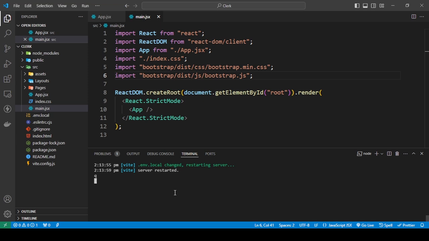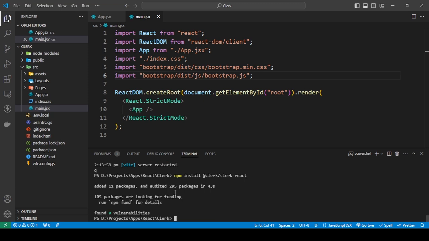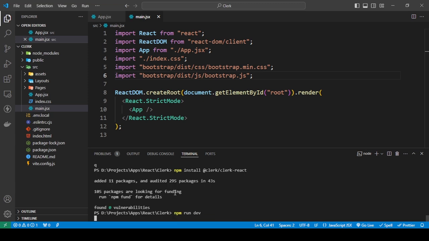So close your server, run the command npm install @clerk/clerk-react, and then press enter. Okay, Clerk is installed. Now let's start the server, and while that is starting we will set up the Clerk